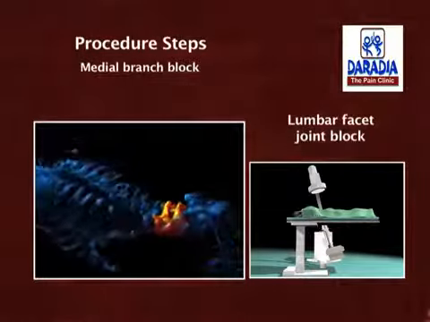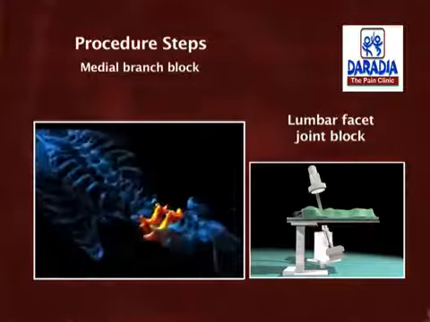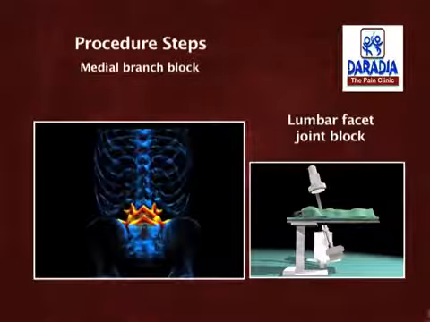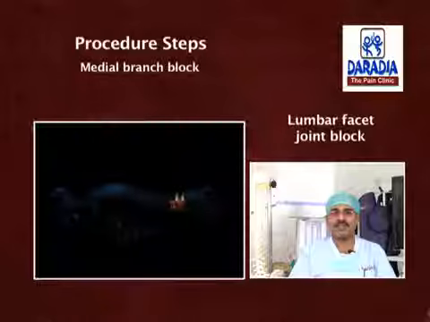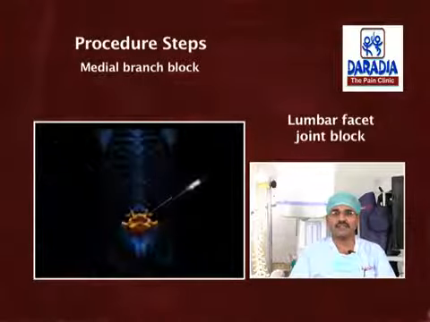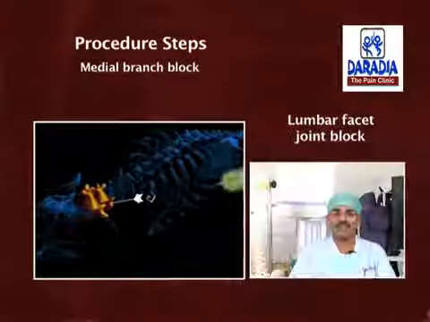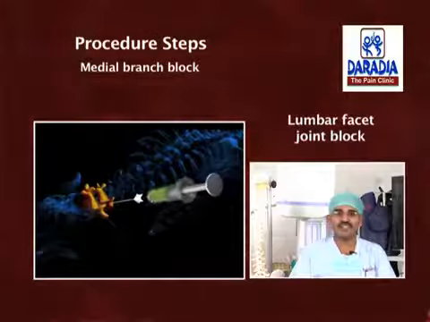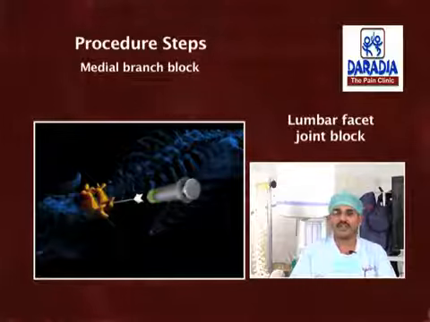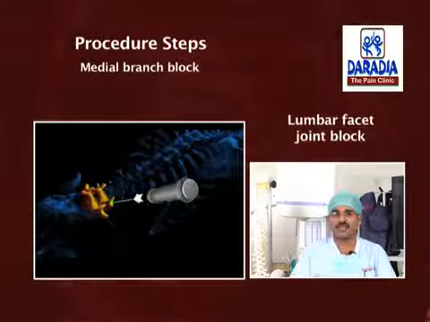Then infiltrate the skin with 1% lidocaine using a 26 gauge hypodermic needle and wait for 1 minute. A 22 gauge 88 mm needle is inserted on tunnel vision towards the target. Once the target is reached, the needle tip position is confirmed by moving the C-arm in different angles, or you can inject 0.25 ml of iohexol after negative aspiration.